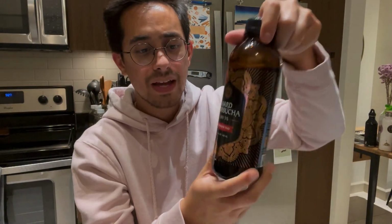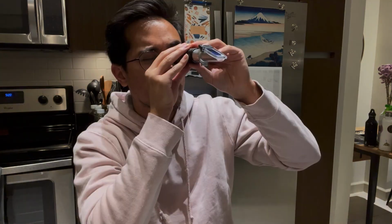This has a similar taste to the GT's hard kombucha, that kind of musky Scotch type flavor. That must be something that comes through in the extra fermentation process that they have to do for these. I'm going to do some research on that. It's really interesting. I don't really care for it so much. I'm going to go with